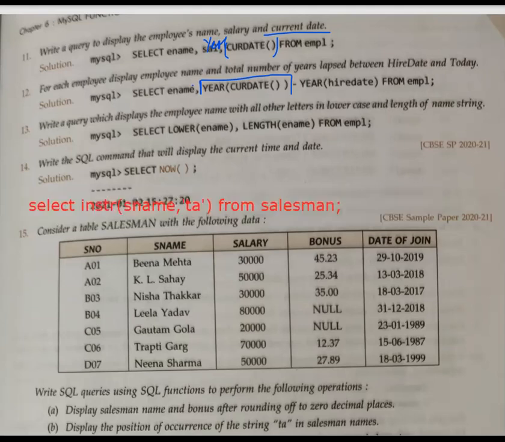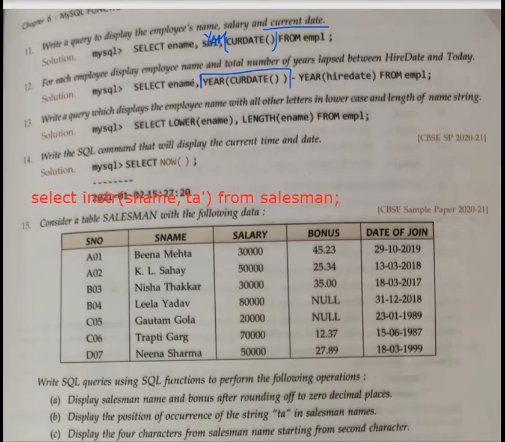Then the next question. Display the first 4 characters from the salesman name starting from the second character. Meaning, for example, if it is Beena, you have to display ENA.